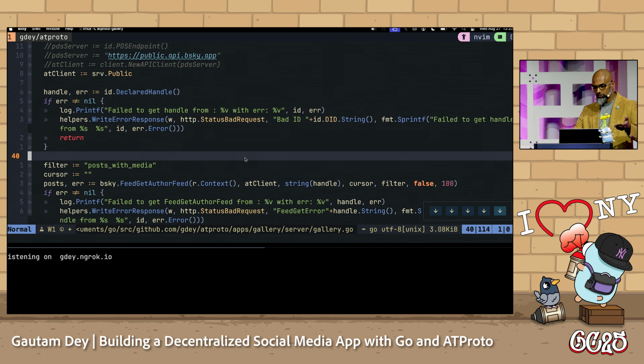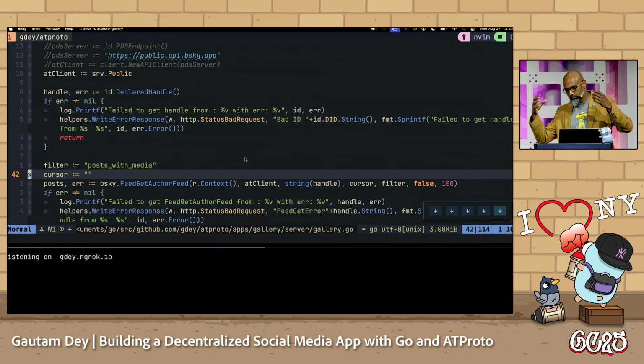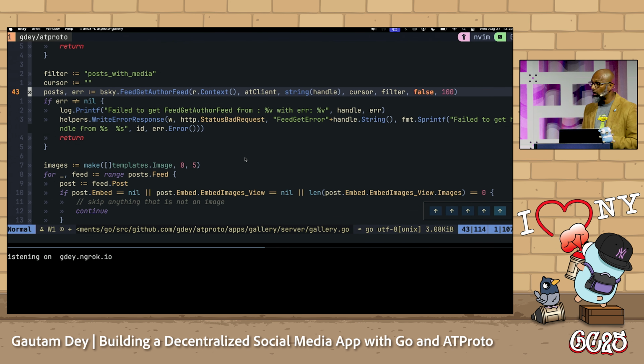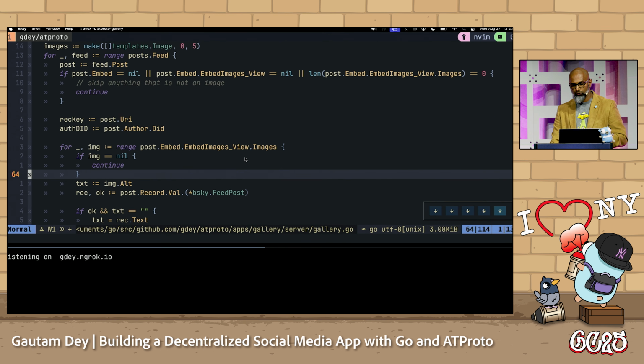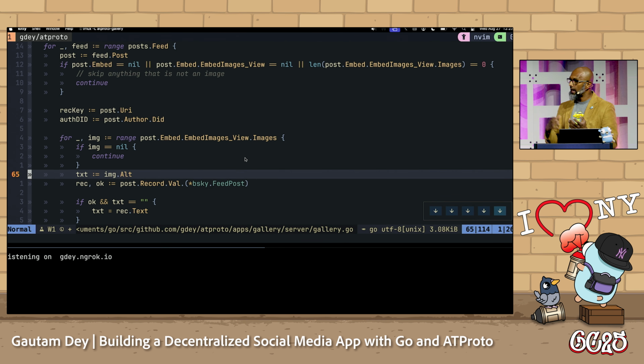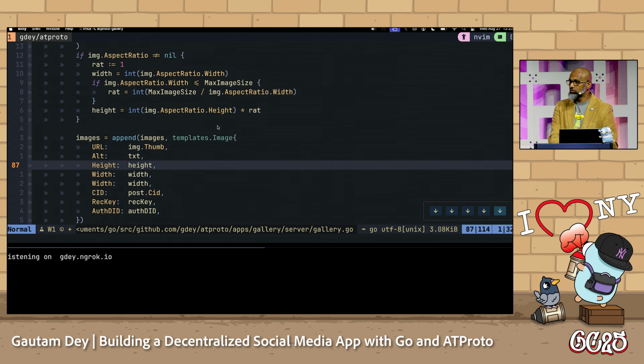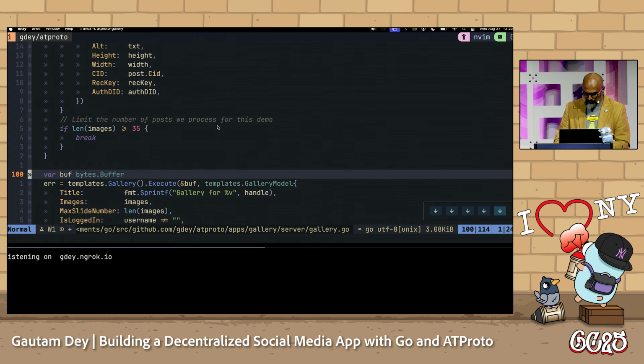We resolve the handle, and then after we resolve it, we can call Blue Sky's APIs with the client to get the feed of all of the posts that handle has created. Then I just go through those posts, pull out all the images, and generate the view that you saw. That's just straight HTML and CSS.